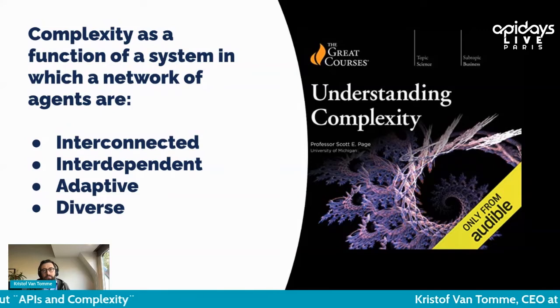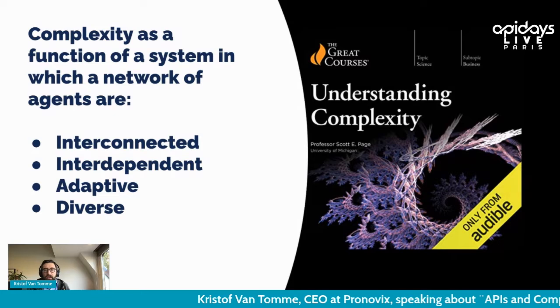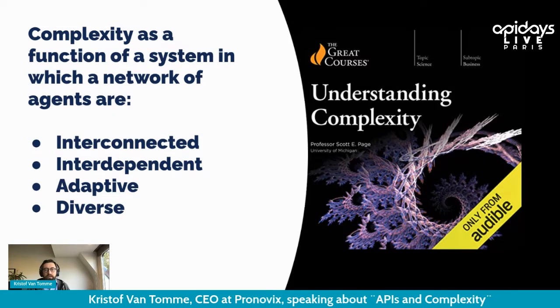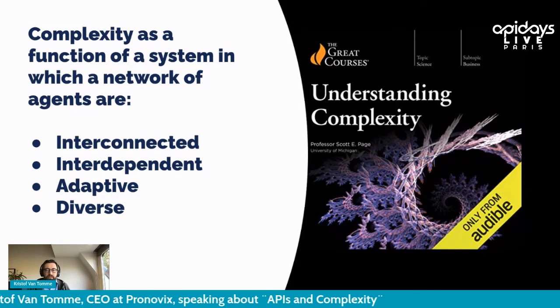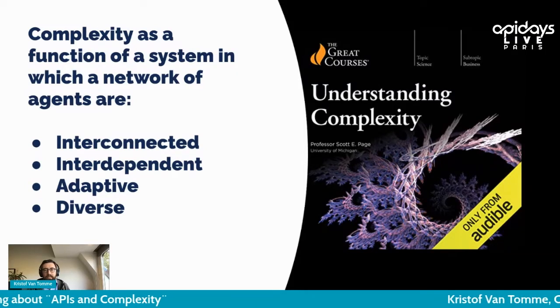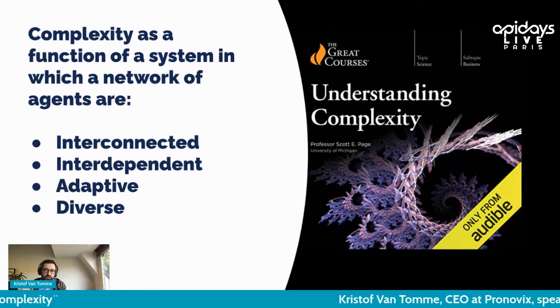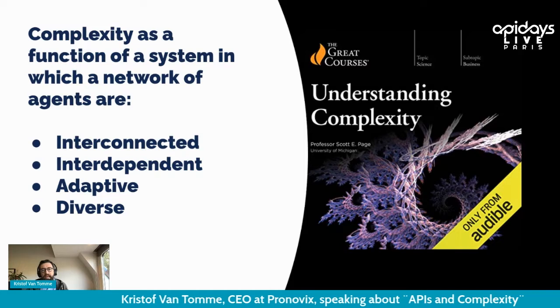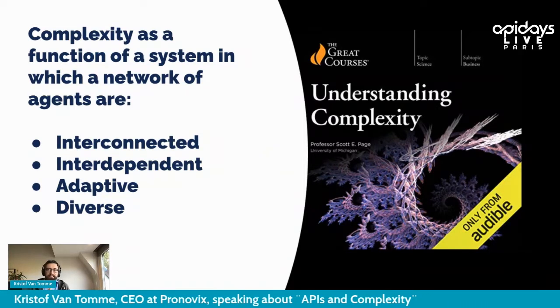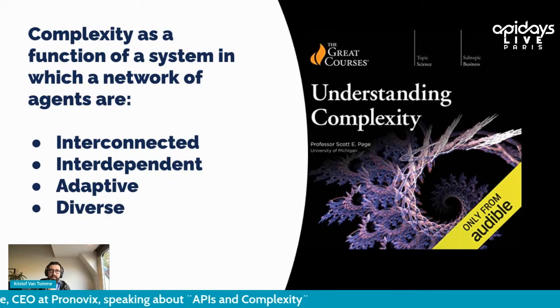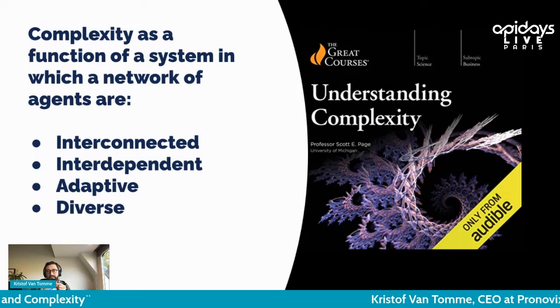I got a much better understanding after listening to the audiobook Understanding Complexity by Scott Page, a professor who teaches an academic course on complexity, where he explains a certain range of the concepts in this field. And he said something really interesting in this book: there are these four parameters, interconnectedness, interdependence, adaptiveness, and diversity,